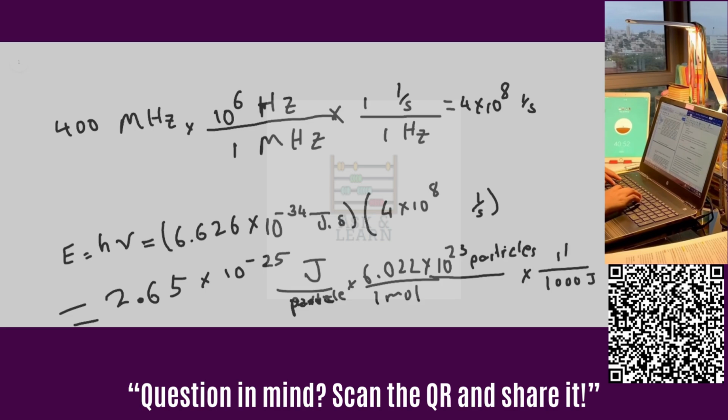Kilojoules, there you go. All right, so we're going to multiply by 6.022 times 10 to the 23rd, and you have to divide by thousands. So we're going to get 1.596, which we round to 1.60, times 10 to the negative 4. The unit is kilojoules